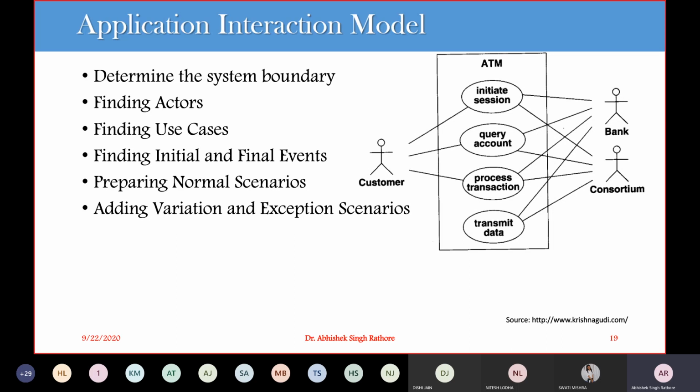So in some cases we have some trouble when deciding what are the behavior and what are the marginal behavior. So we have to make sure that we identify the borderline for making the partition. Let's say this is an initiate session and this is a query account. So we have to identify the borderline, or have some clear cut idea of what partition we are using for identifying the different functionalities. So this solely depends on your decision making. So how you can identify different functionalities in your system.